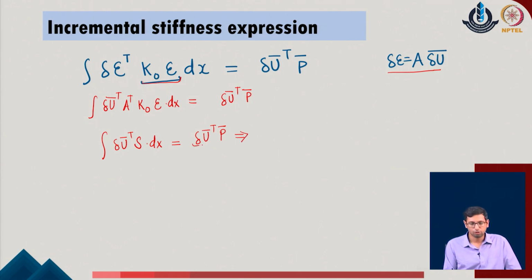That I can take del u bar, which is the first parameter in the system, over here also del u bar, which is there, which is not a function of x. So, I can take this out of the given, I think I missed one part. So, this is the del u bar transpose, and there is one A transpose as well. So, now I can take out this parameter of del u bar transpose out of the given x integral of the system, and by considering the similar terms on both the sides, we can write it as that p bar is equal to A transpose S into dx in the given system.